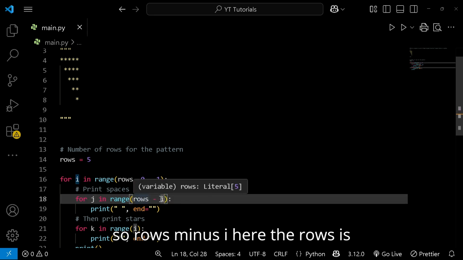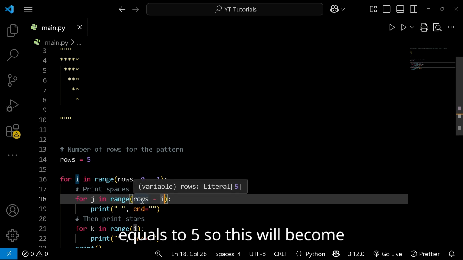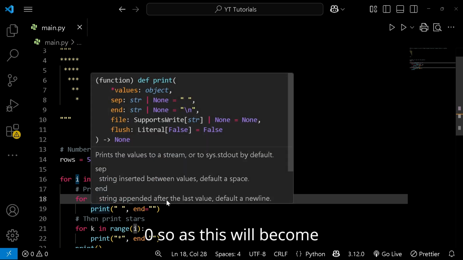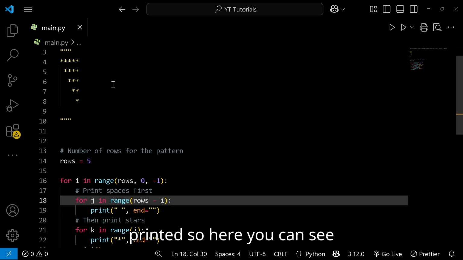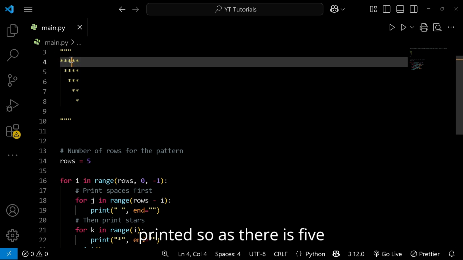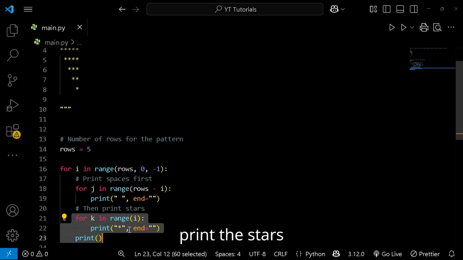So rows minus i. Here the rows is also equal to 5, minus i is also equal to 5. So this will become 0. So as this will become 0, no space will be printed. So here you can see no space is printed. So as there is 5 stars, and then this will print the stars